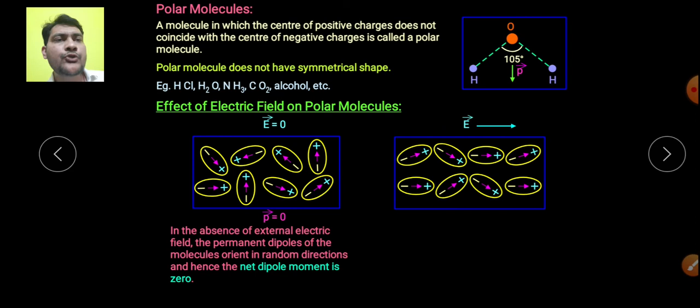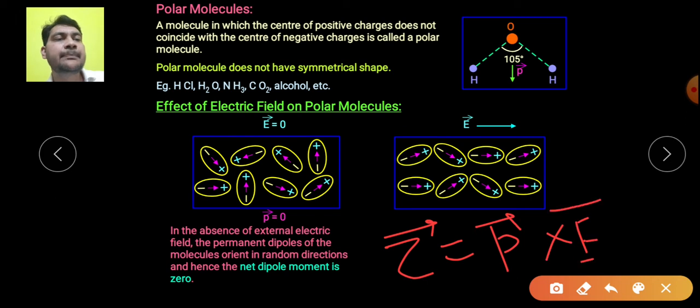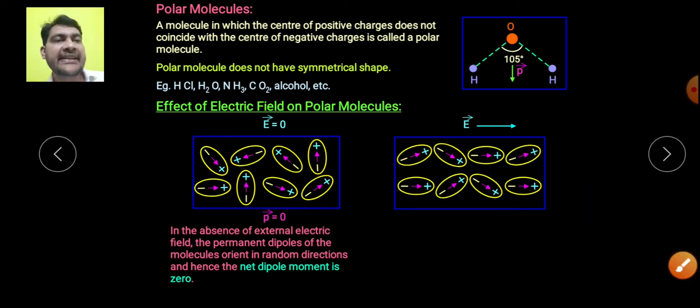Then, because of the electric field, each dipole experiences some torque. We studied this topic, the effect of electric field on an electric dipole. When a dipole is present in an electric field, it experiences torque, and as you have already studied, torque is equal to P cross E, which is PE sine theta. So each molecule experiences torque because of the external field, and that torque tends to bring it into equilibrium position.